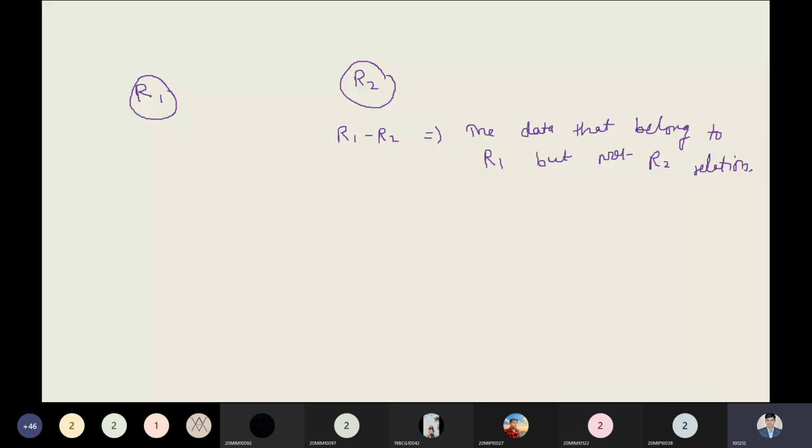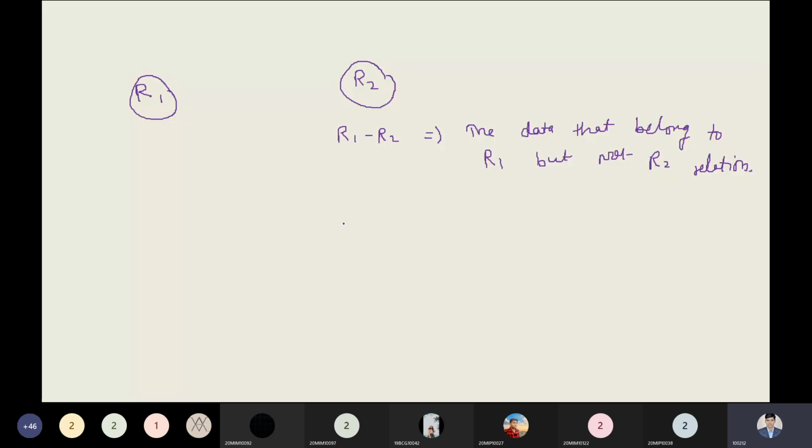So this is the point. It is just like an example: the data that belongs to you only but does not belong to me. If there is a connection between you and me and I use the set difference, we can say it is the information you have but I don't have. The difference we get, we will display. Vice versa, we can apply R2 minus R1.